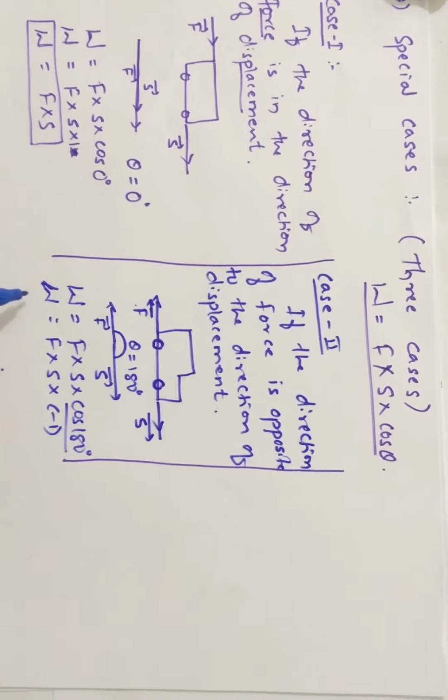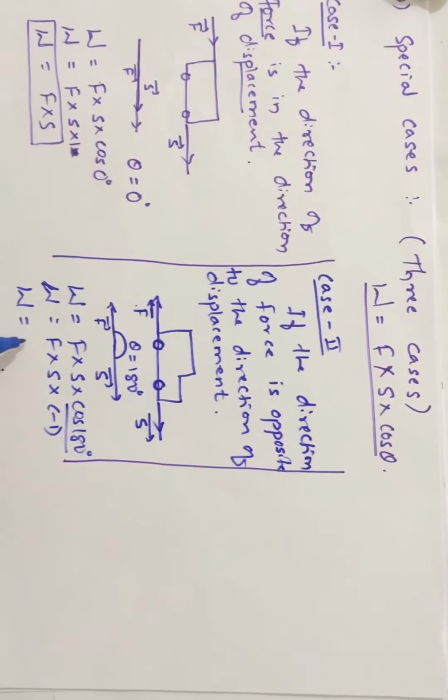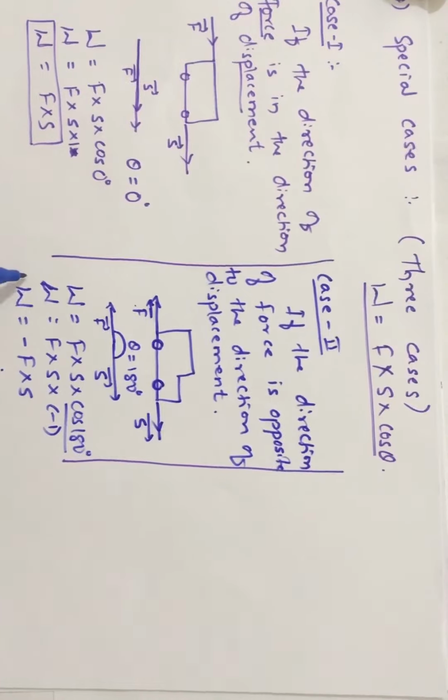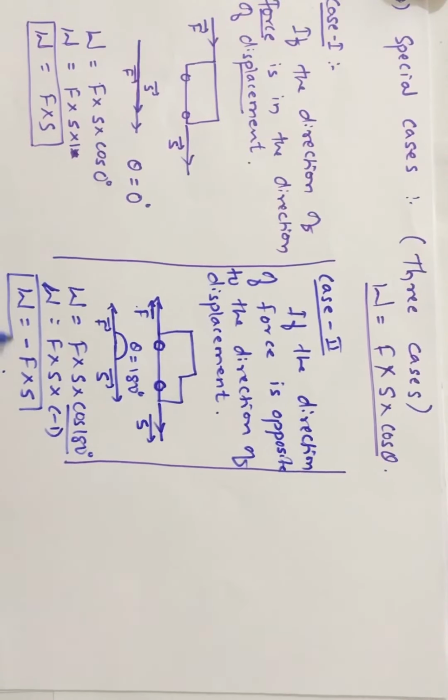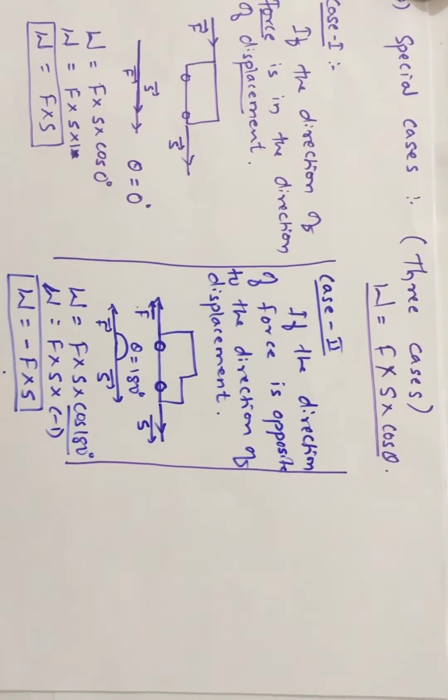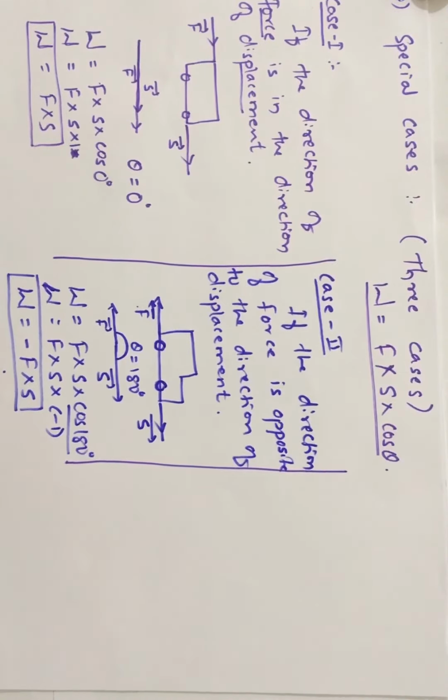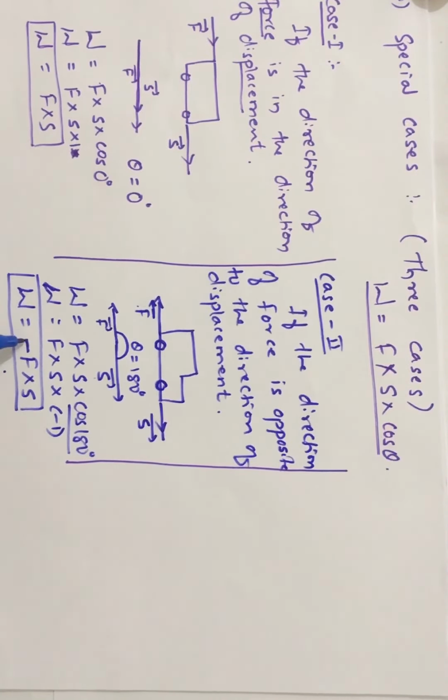So work done is given by minus F into S. So here you will get a negative work done. The negative sign doesn't mean that work done is negative. Work is always positive, but this negative sign indicates that the displacement and the force are opposite to each other. So work done is given by minus F into S. So this is case 2. The next case is